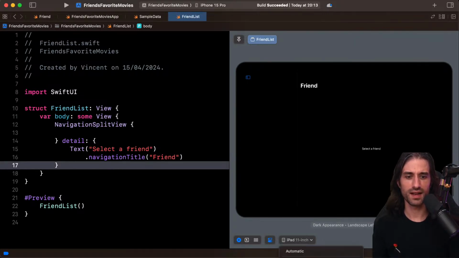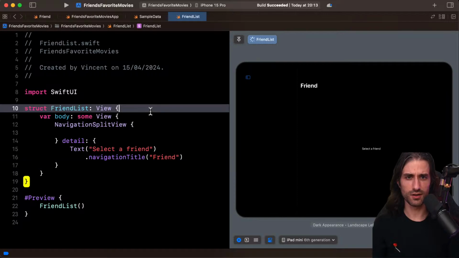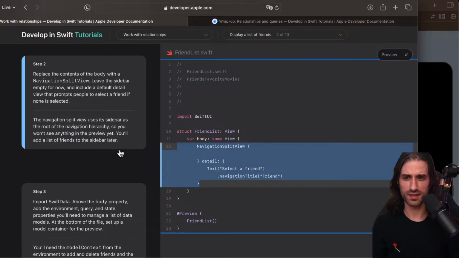Would have been nice if I could have used an iPad mini actually, I think, because there is more room. Yes, I can do iPad mini. Okay, let's see. It's reloading, but iPad mini is a bit smaller, so this way the text will appear a little bit bigger. So while it loads, let's go back to the next step.